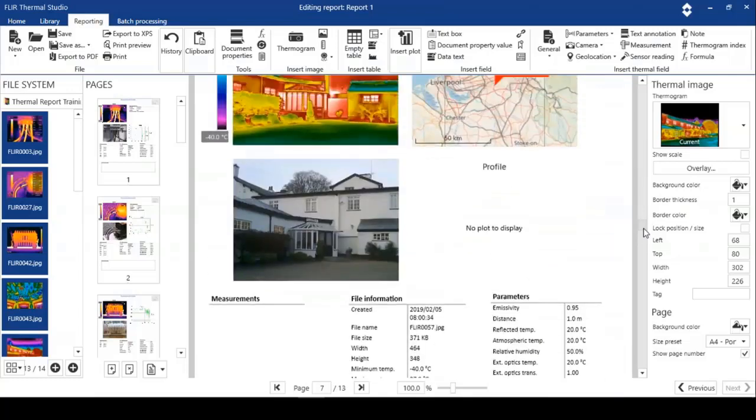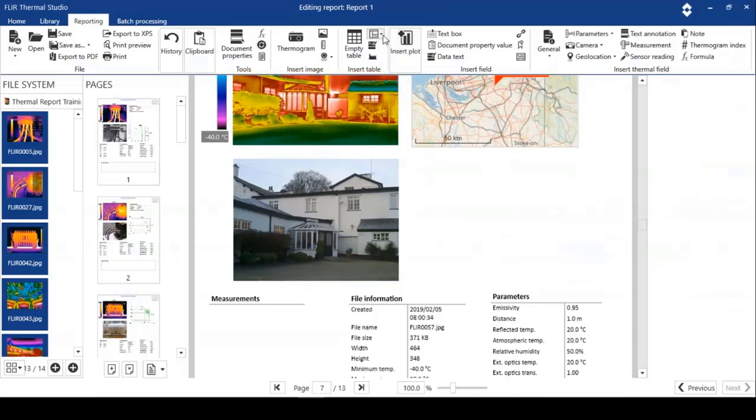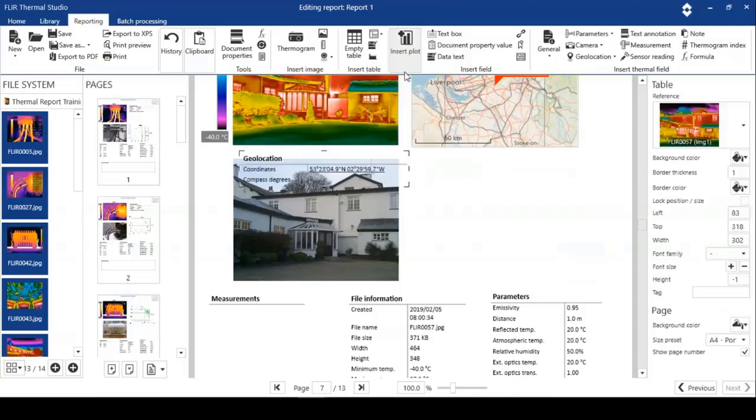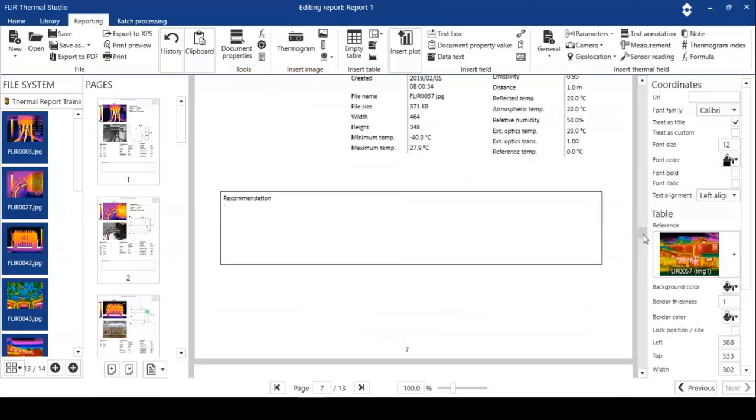If you want to add anything at this stage, I can delete a table. I can go up to here. I can put in a data box, or I can put in isotherm details or geolocation. So let's display the geolocation in this instance, just so that we can see it. So when we're done,